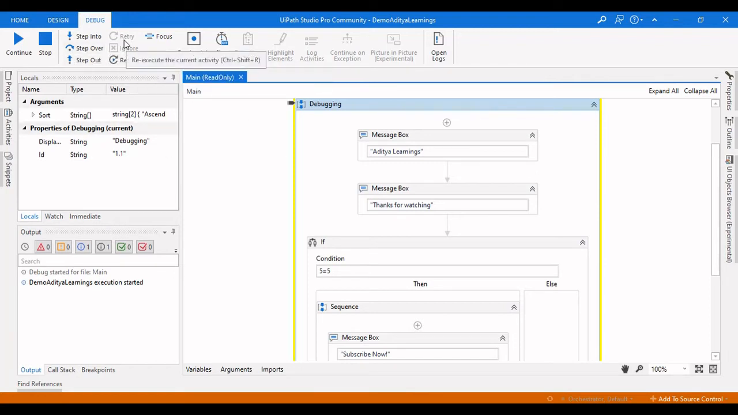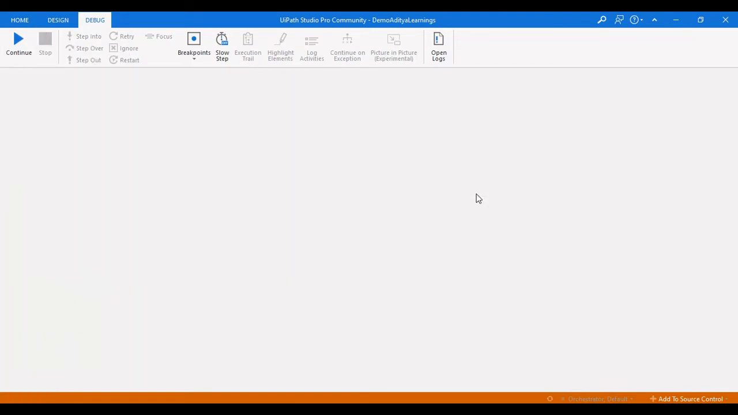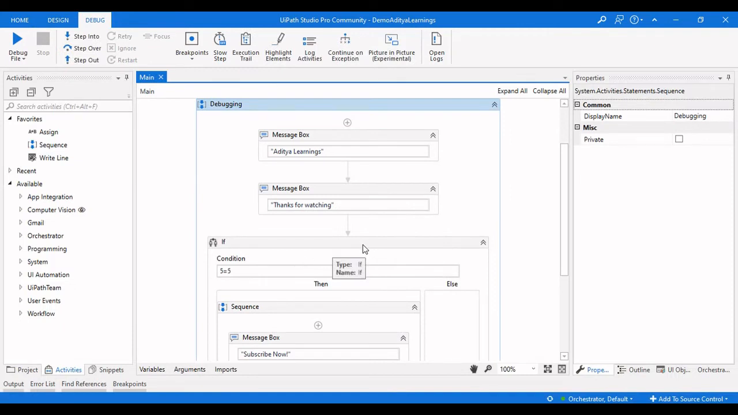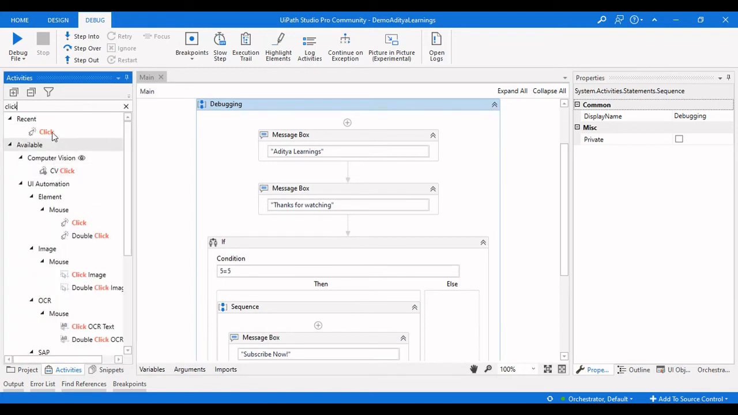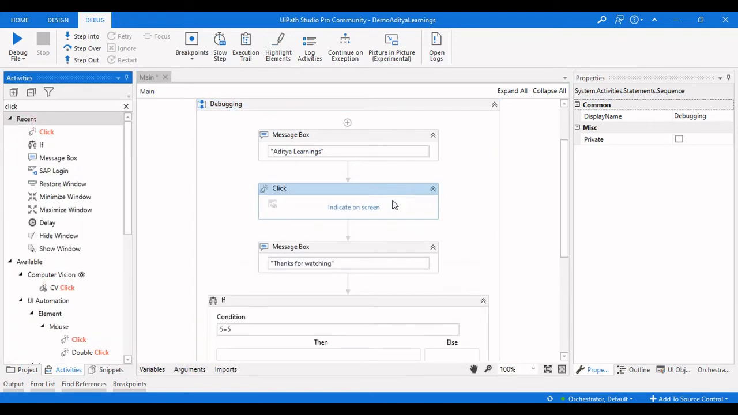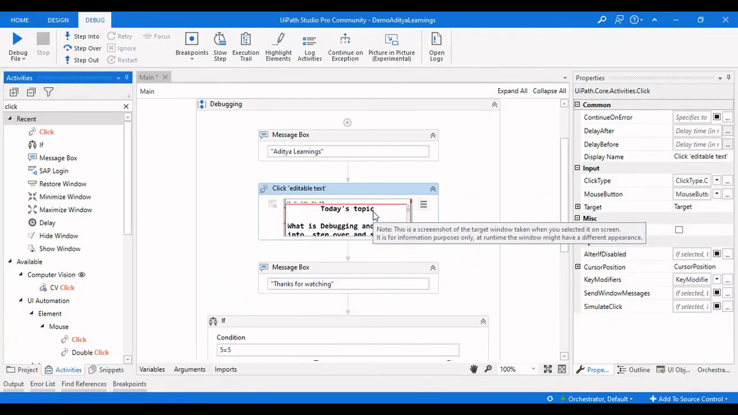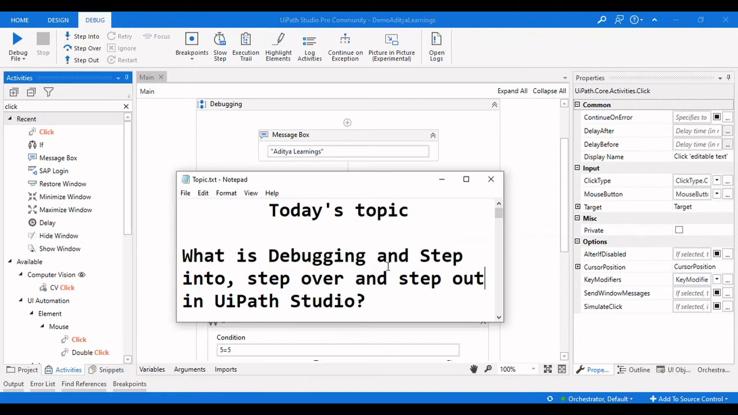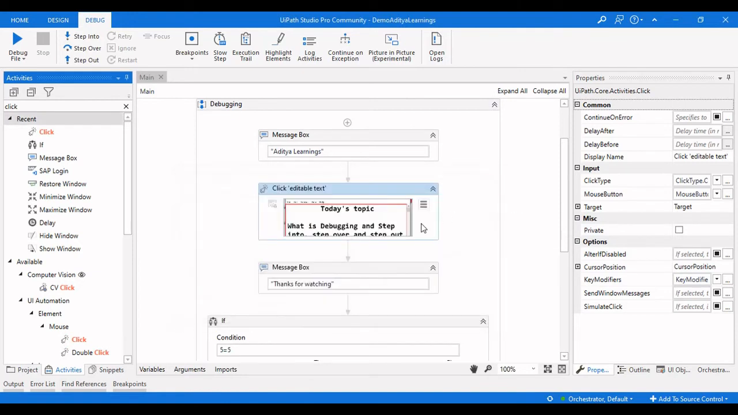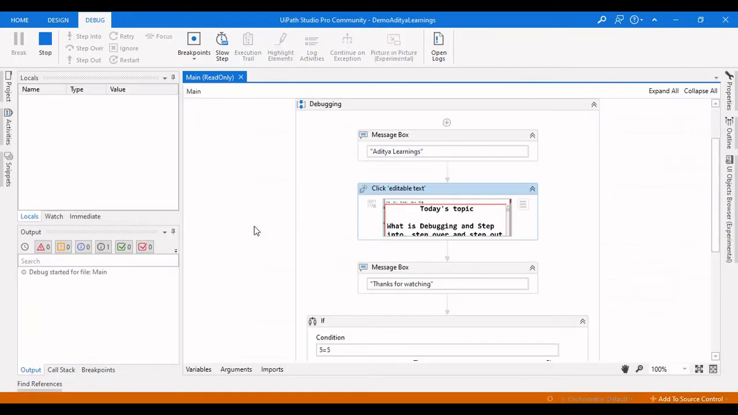And when will these two appear for us to use? If there is an error, then these two will appear. So what we will do is simply take a click and indicate this here. Now let me close this notepad so that it will be an error for us. So if I click on step into here,